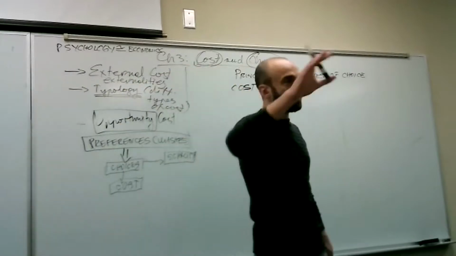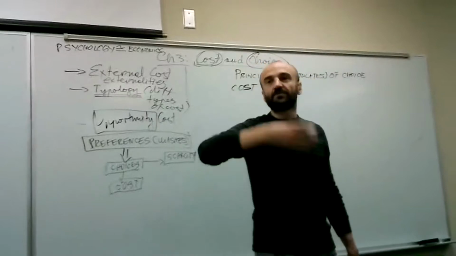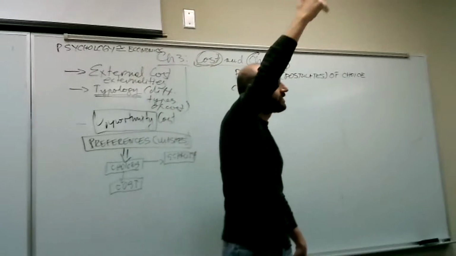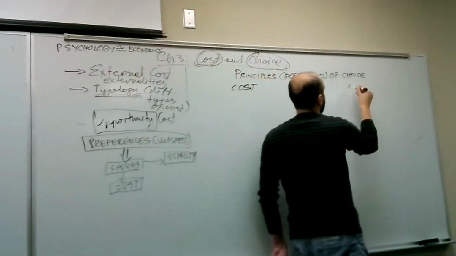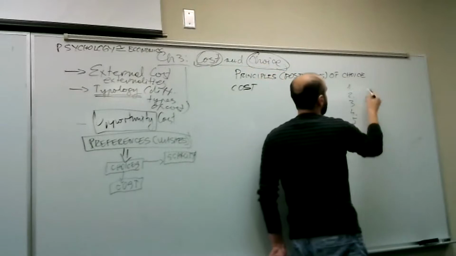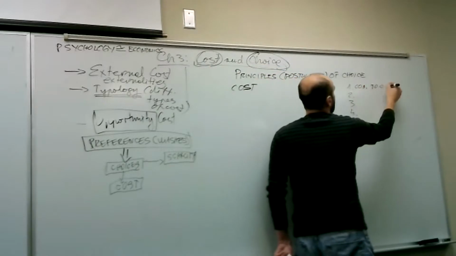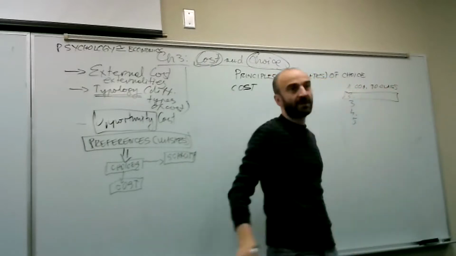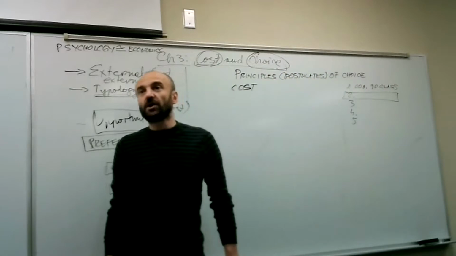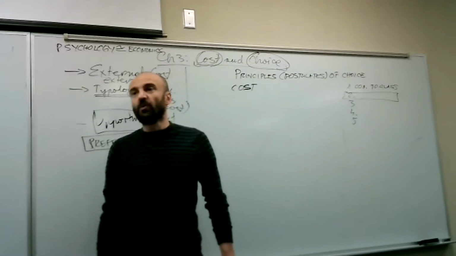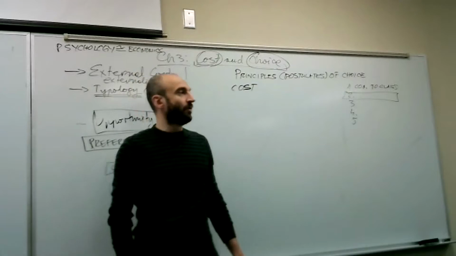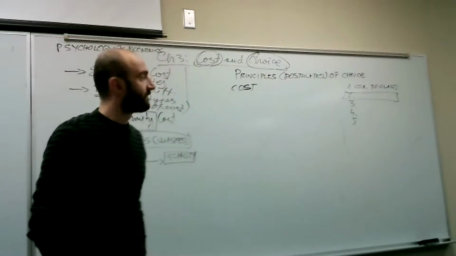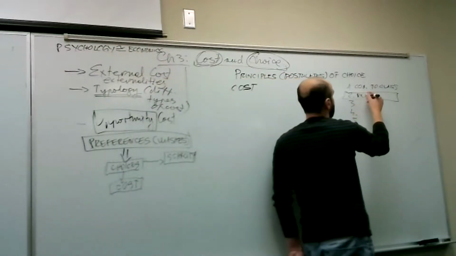Our preference scales, just to remind you, are sometimes said to be ordinal, which means they're ordered on a list, like first thing, second thing, third thing, fourth thing. At the moment of choice, coming to class was first on your list, and something else was second. This second thing on the list was probably different for many people, and only you can know what that was. And that may have changed afterwards. And that was the cost, whatever, playing poker.